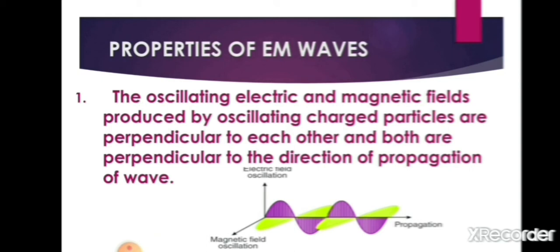In this diagram you can understand. In this diagram given, you can see that the magnetic field is in x-axis. You consider that is in x-axis. You can see that the electric field is on y-axis, which is perpendicular to x-axis. But the propagation of both is in z-axis. As I told you, the propagation of both is perpendicular to electric and magnetic field.